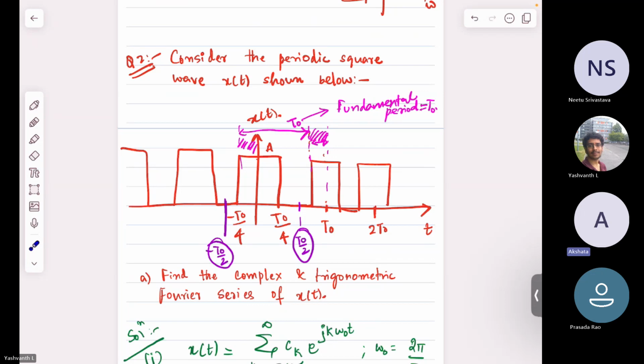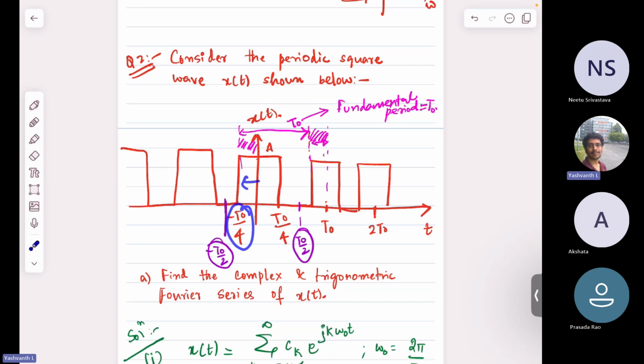So due to the periods. Sorry, due to what? I didn't hear you properly. Due to the periods, yeah, in the first question it started from 0 directly to t naught, and here we are having minus t naught divided by 4 to plus t naught divided by 4. Correct. So what's happening is that by shifting the previous signal to the left by t naught by 4,